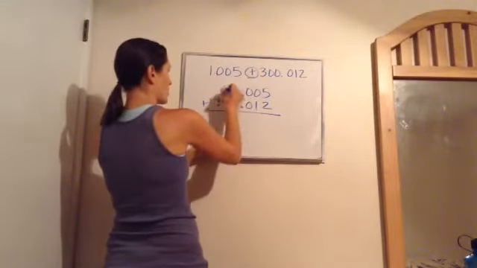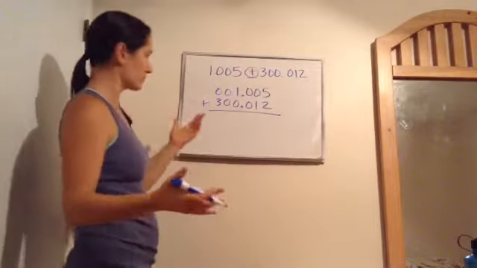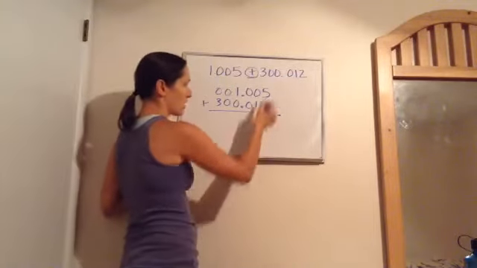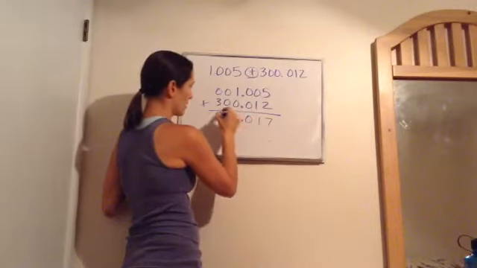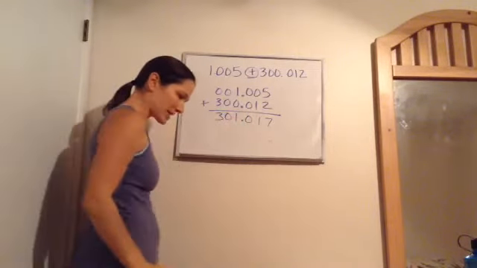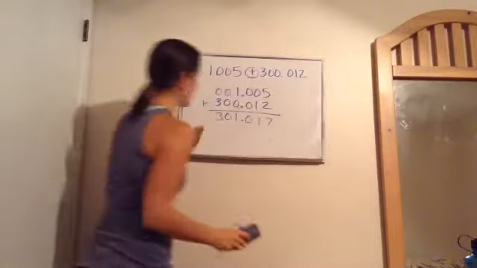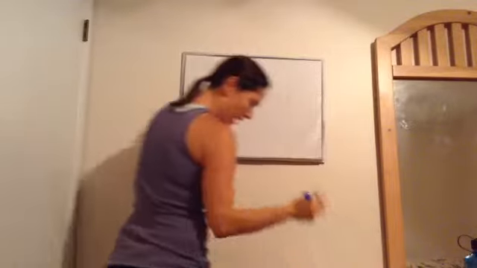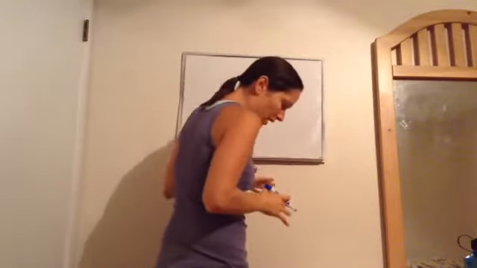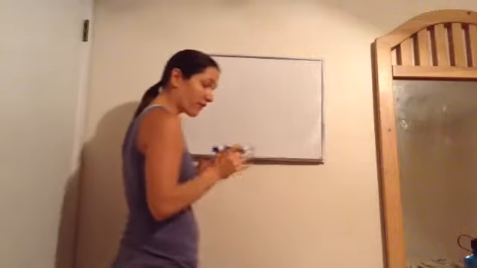So if it helps you to add 2 zeros right there, go for it. Okay? Now you're just going to add these up. 301.017. Okay? That's how we would work that. Alright, let's do a subtraction. Here's what it says. Subtract 0.02163 from